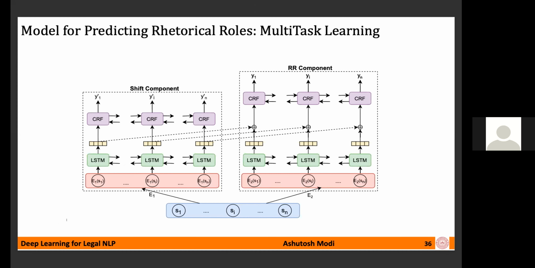For this task, we develop a novel model. Intuitively, the idea is that within a document, we have different rhetorical roles occurring, corresponding to different sentences. These rhetorical roles tend to maintain some kind of inertia, and they do not change abruptly. For example, if I start with sentence 1 with, say, the rhetorical role facts, there is a tendency to maintain this label for a couple more sentences. It's not going to abruptly change to some other label.